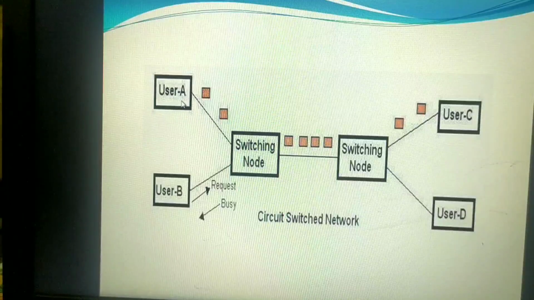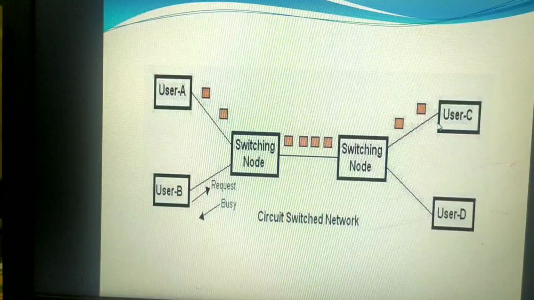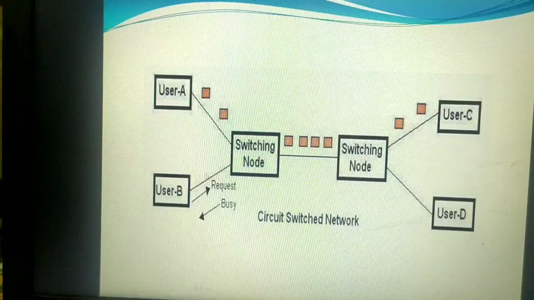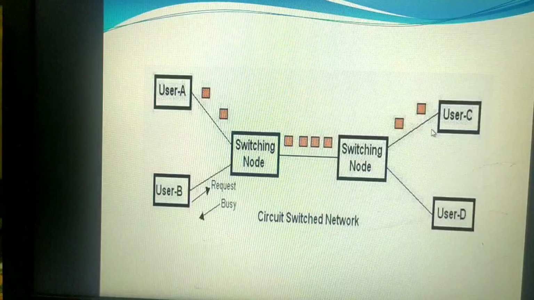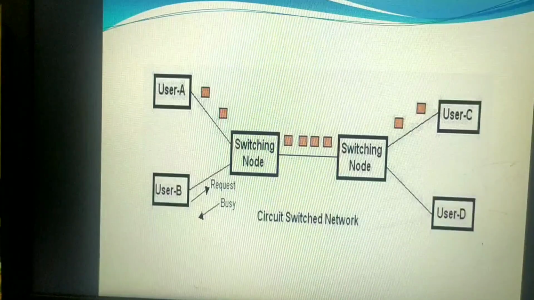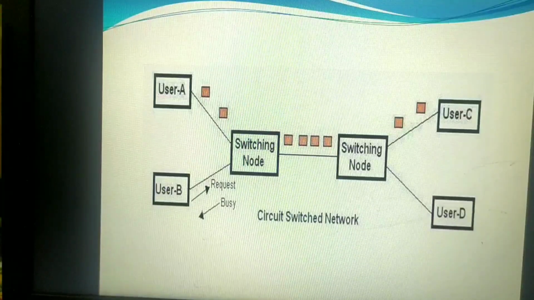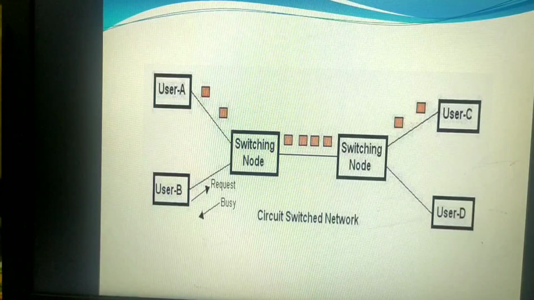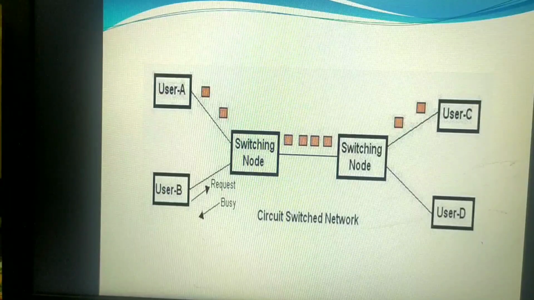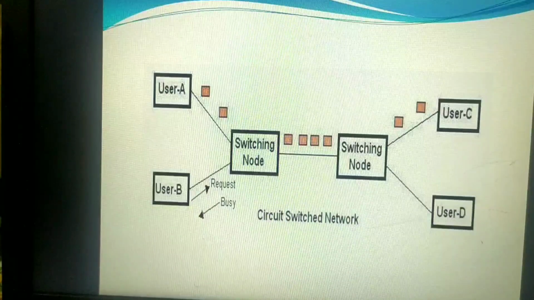Now A wants to communicate with C and B wants to communicate with C simultaneously. I can explain this with an example of the telephone system. This circuit switching is extensively used in the telephone industry even now. How are we able to get the ringtone, at what time do we get the busy tone, at what time do we get the message that right now all the routes are busy, so try once again? All that we will understand under circuit switching.